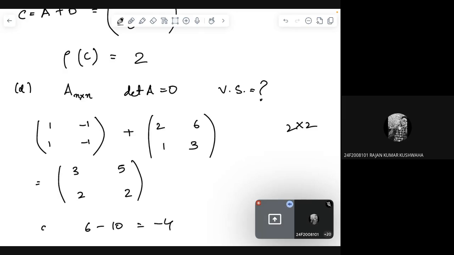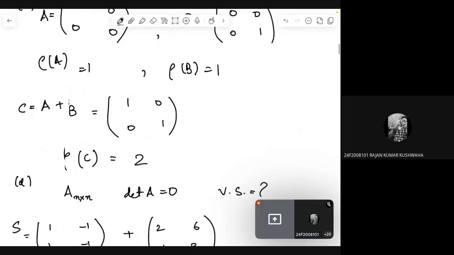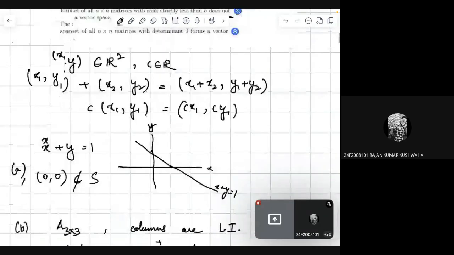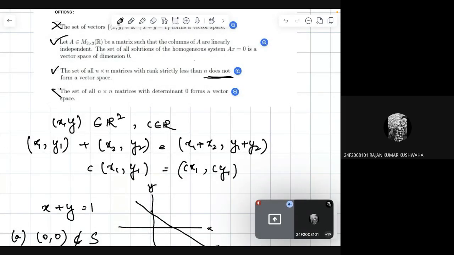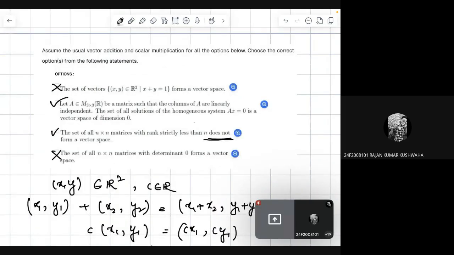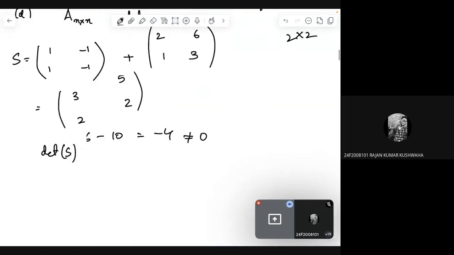This is the determinant of, say, S. This is S. So determinant of S is not equal to 0, which means that this particular case does not form a vector space, and hence this last option fails and it is not the solution. Okay, right. So moving on,